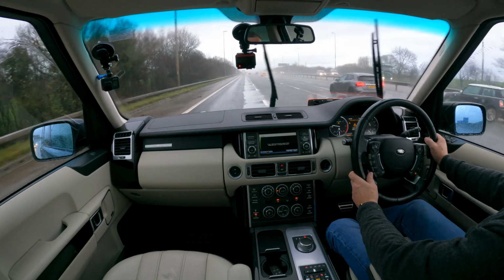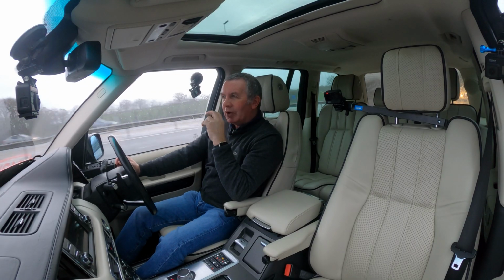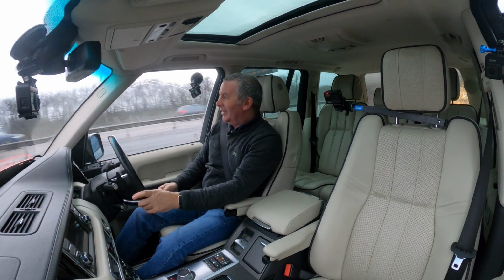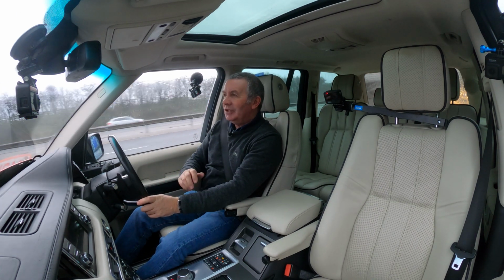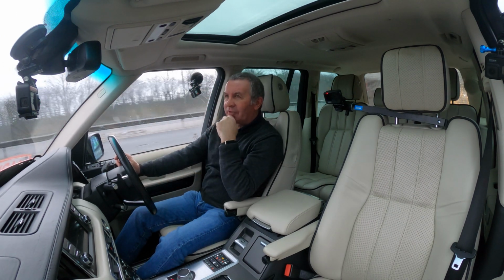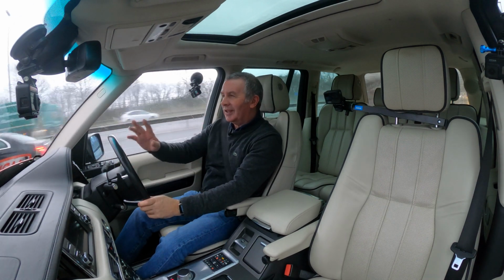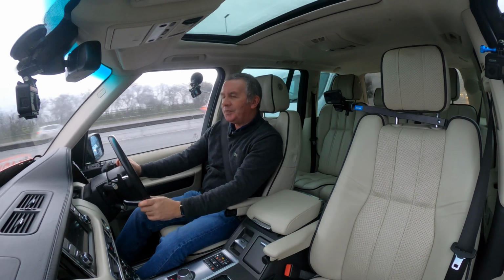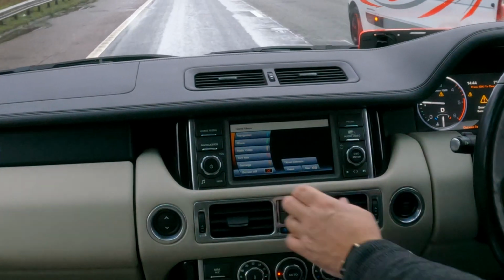It's also got, you know, when you come out in the morning and you're watching people trying to get the snow off the windscreen with their car keys or something, when your car's clear, or you see a car that's absolutely clear. Well, this has got heated front screen and heated rear screen, but also the heated steering wheel, fantastic. But also, if you go into your main menu here, and then you've got settings,